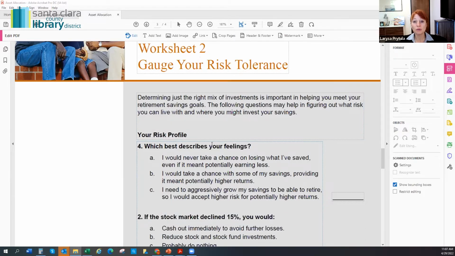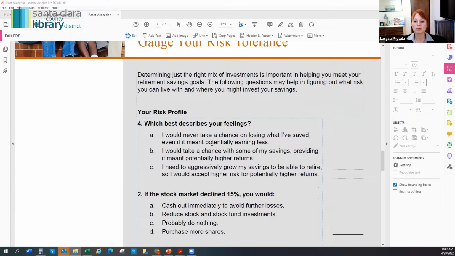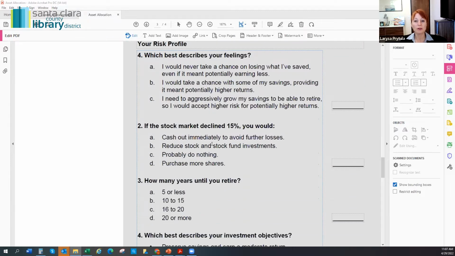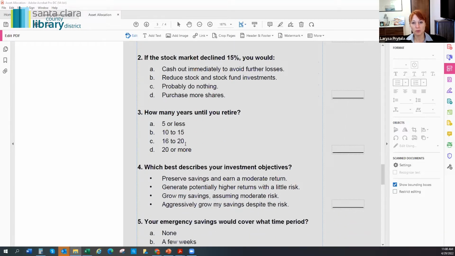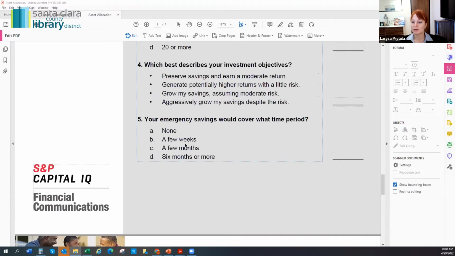So the worksheet too will help you to identify how you feel about risk and what makes sense to me. It's also a very good way for you to revisit risks, especially in this current volatile market. I personally have a system. It's on my website, and I can share my website link with you at the end of the presentation. Then you can go under resources and click on "What's my risk score" and take a personal risk assessment to see where you are compared to the risk of your portfolio. So that's also very helpful to identify potential pitfalls in your portfolio allocation. So that would be that.